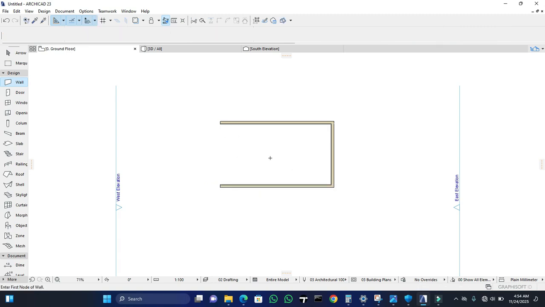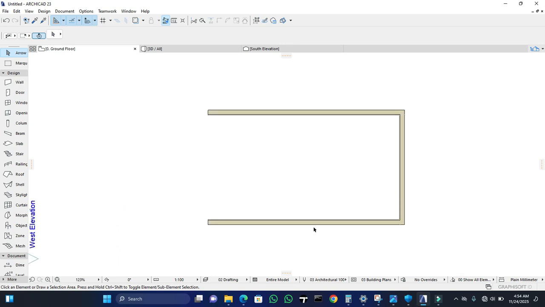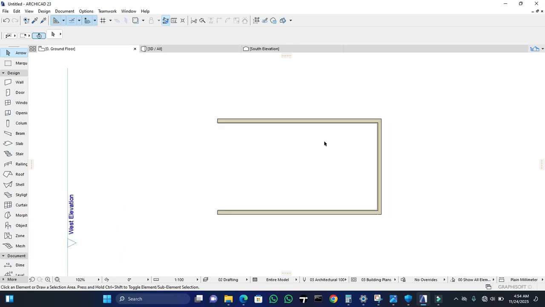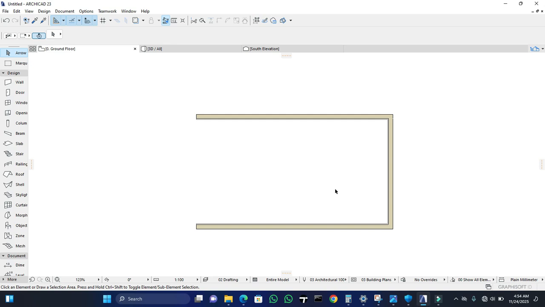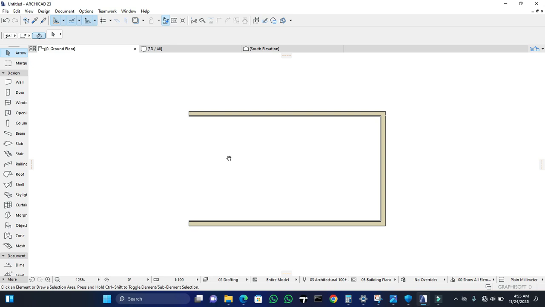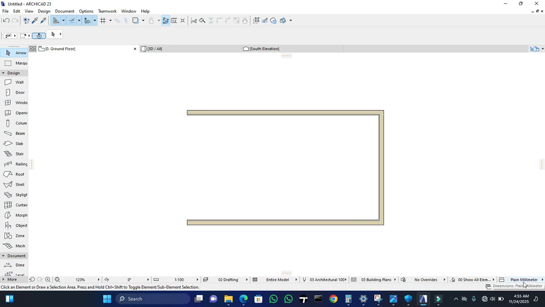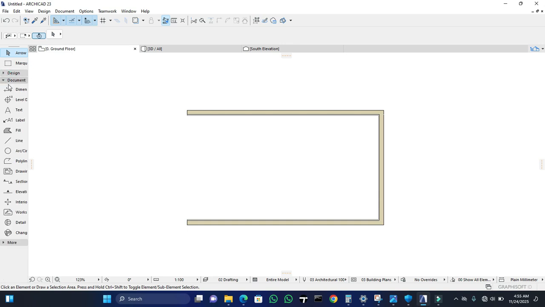So I just do this, and I want to tell you the difference between this and your working units. Now this is in millimeters, so if I dimension it, how you can dimension is let's minimize the design bar